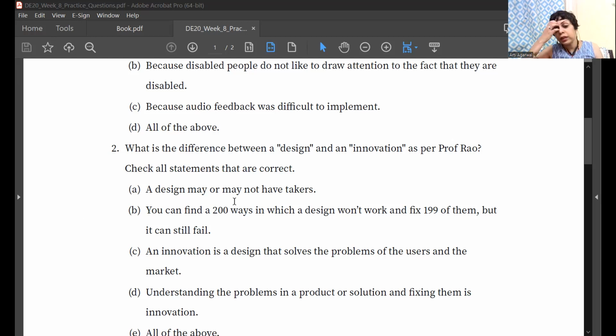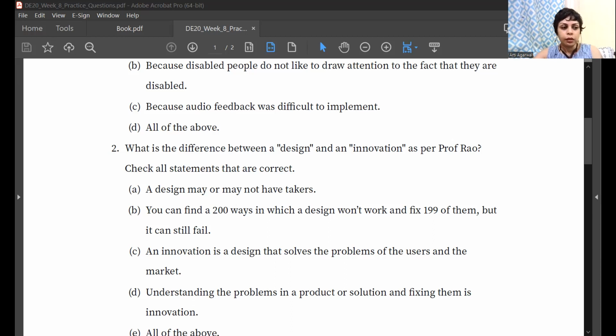Okay, so he has explained this very nicely in his lecture actually, where he says that you can say a design may or may not have takers, as in buyers, but there may not be a market for it. But if you say that an innovation does not have takers or does not have buyers, it sounds a little odd. So what he's trying to say is that design and innovation differ in that basic fundamental aspect. The design can be great, but an innovation is something which works in the market, which